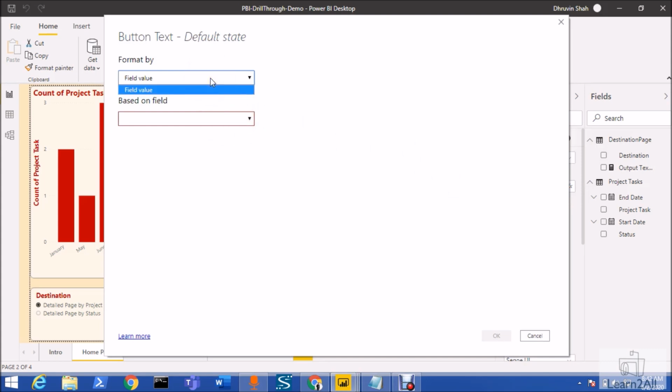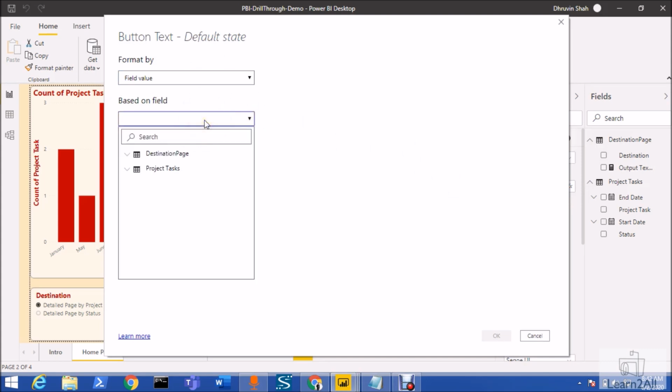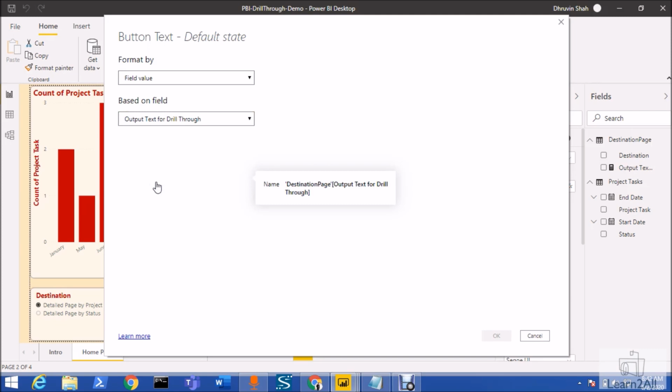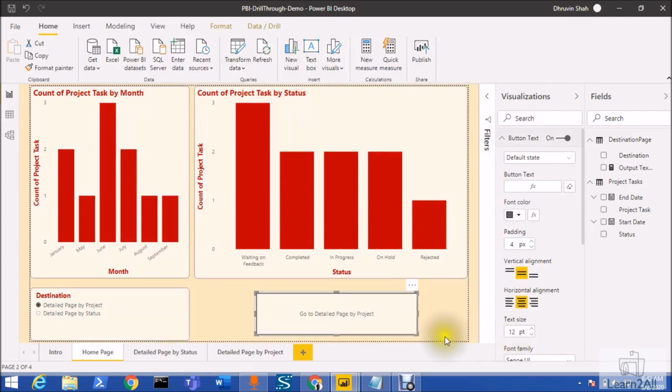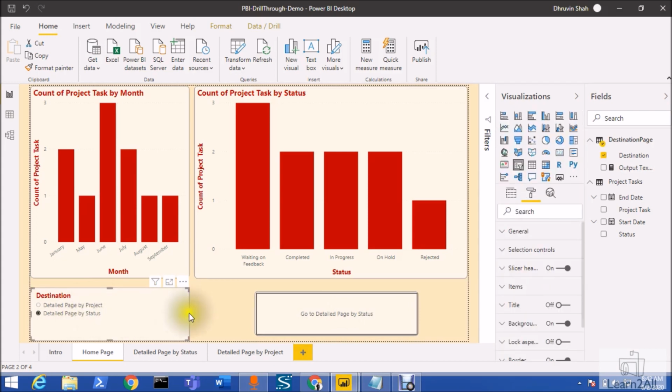So basically from here you just need to select field value, and then select the measure that we just developed, that is output text for drill through, and click on OK. So now you can see that if I am selecting detailed page by project, it is showing me go to detailed page by project, and if I am selecting detailed page by status, it is showing me go to detailed page by status, right? This is really amazing, right?